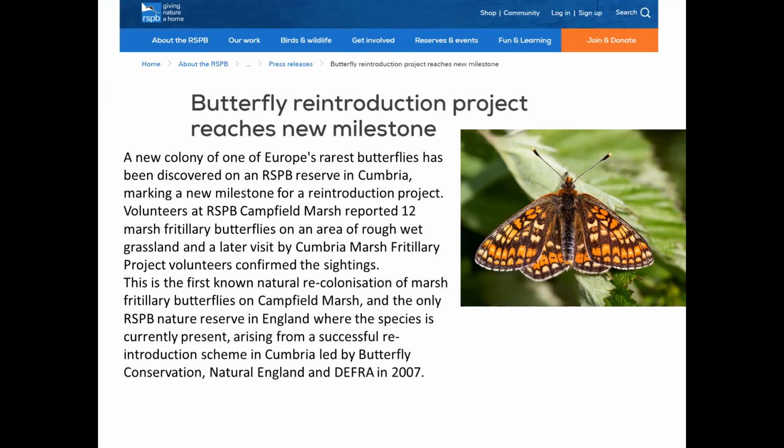Now, this little clipping I've got here is the only one I could find easily to pop up to say about work being done for the RSPB and the marsh fritillary up in Cumbria. But some of you might have been part of a Zoom call this week with Sanctuary, which is the MOD arm of nature conservation, and they were talking about a new colony in Hampshire. I couldn't find anything online to put up on the screen, but Upper Thames branch members were involved in that, and we are involved in the attempt to bring back the marsh fritillary